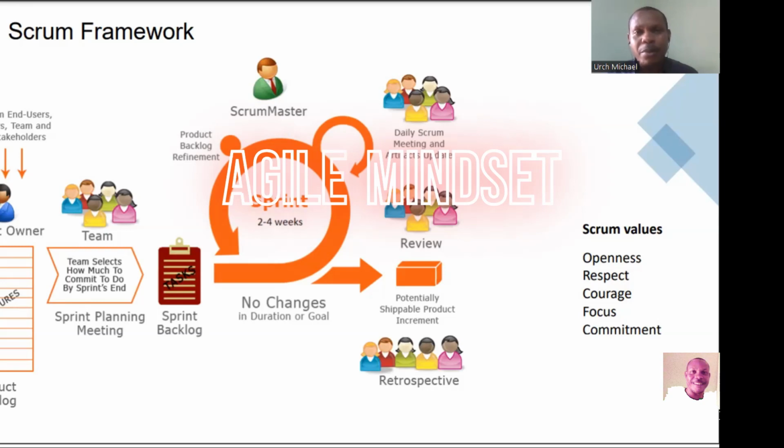So there's going to be a forming process where they meet, and then there's going to be a storming process where there will be misunderstanding among the team members. There's going to be issues among them. But when you see all that, just understand, as an experienced project manager or as an experienced Scrum master, that it's a normal thing with any team. So they're going to go through a lot of processes. Don't allow them to break. Let them just go on. They're going to have a lot of misunderstanding, and at the end of it all, they're going to understand, okay, these are this kind of people and all that. They get used to each other over time.